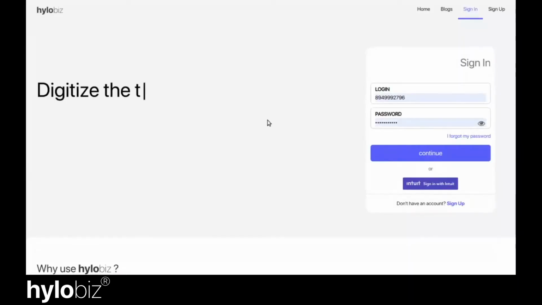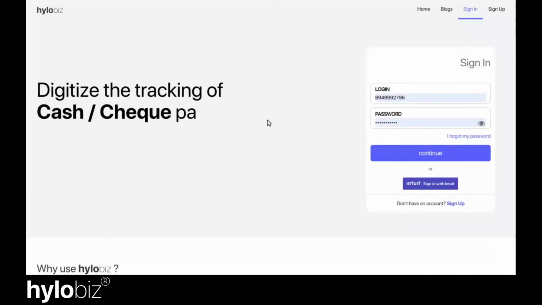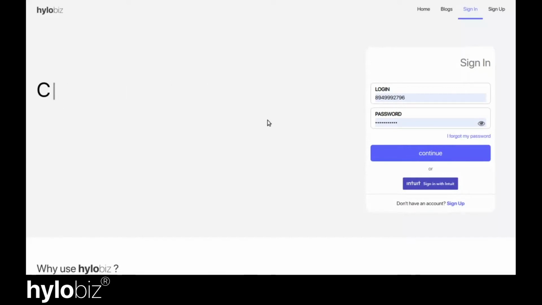All businesses using offline business tools like Tally, Busy, and even specific formats with Word and Excel sheets for their invoices can now upload all of it into HiloBiz, and we take care from there. HiloBiz would help you digitize your business receivables and also automate the payment reminders that businesses would like to send